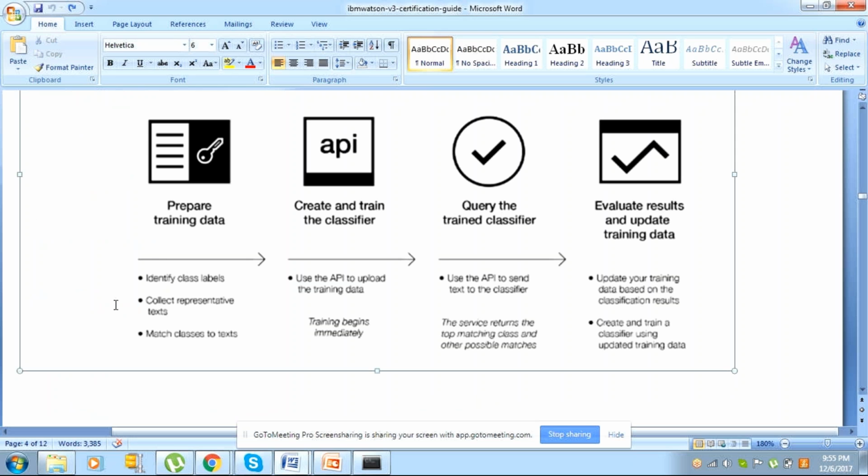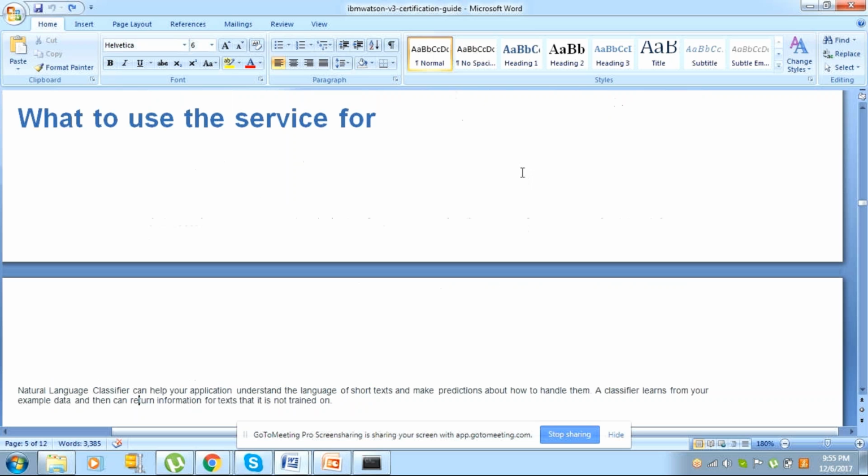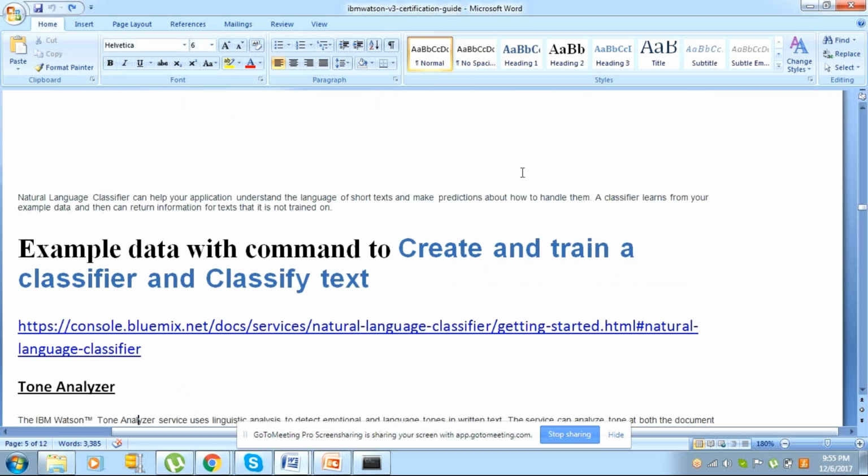Retrieve and rank is used, as we will go through in this course: create and train, and query, just a few steps. What does retrieve and rank do? It finds the most relevant matches, not one but a few matches from the Solr database. It will pull them and show them to the user. So retrieve from a database, rank it appropriately, and then display it. Then tone analyzer, as I explained; we have to go through every service like this.